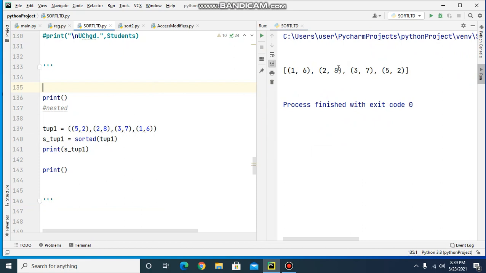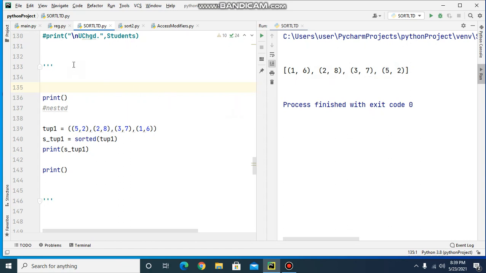So it has sorted this tuple in the ascending order of the first element. That means the tuple with the first element 1 has come first, and the tuple with the first element 5 has come last.